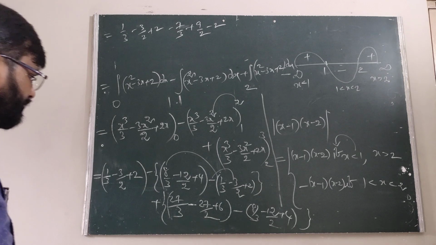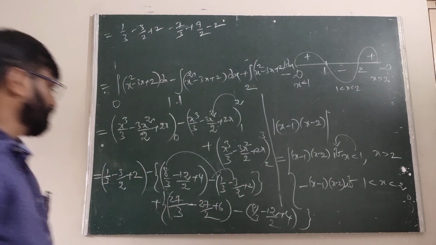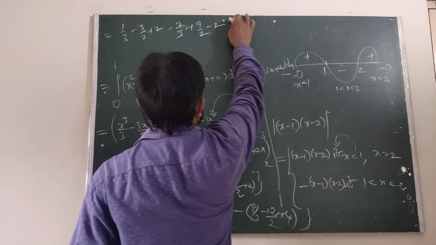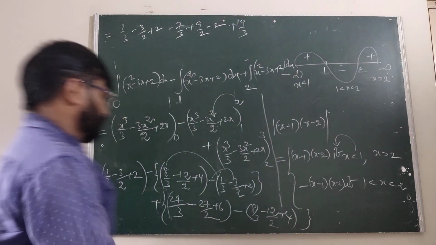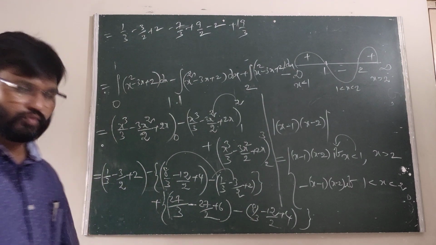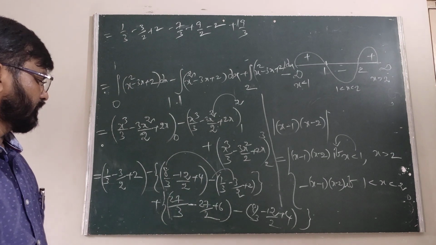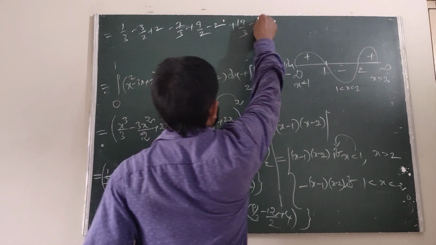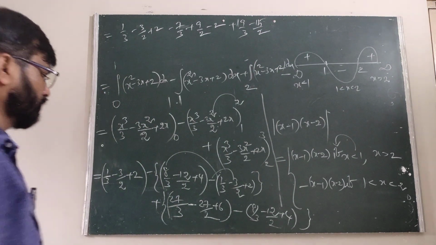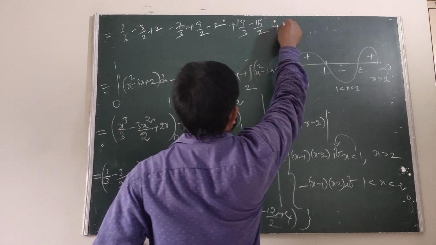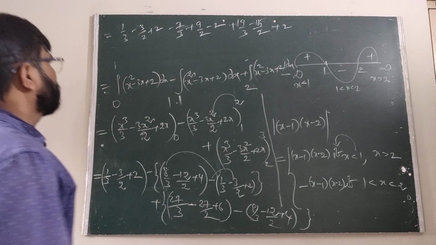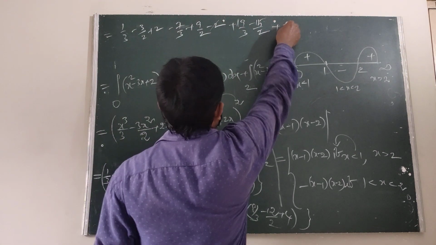After that, similarly, you can write here 27 minus 8. What is 27 minus 8? You can write 19, so 19 by 3. Here we got minus 27, this is minus of minus plus 12. Minus 27 plus 12 is minus 15, so minus 15 by 2. Now this is 6 minus 4 plus 2. 6 minus 4 is plus 2. Now here we are looking, these two are cancelled.